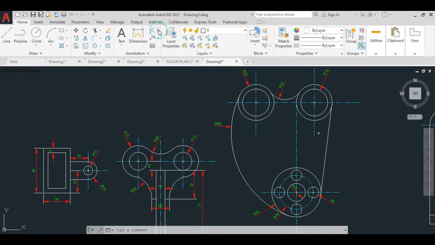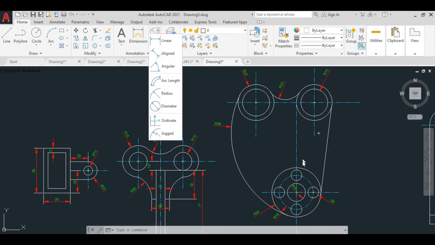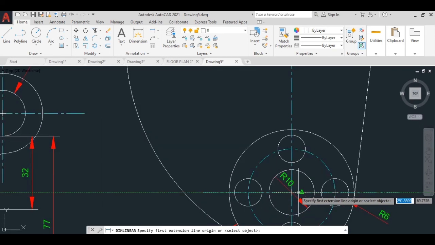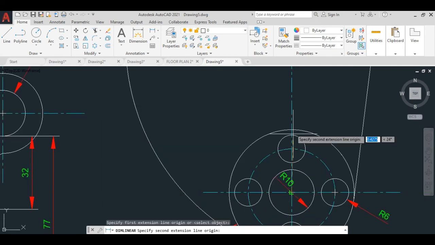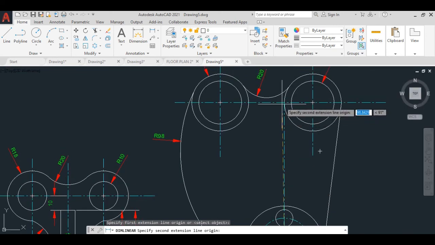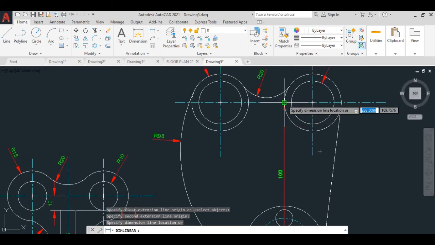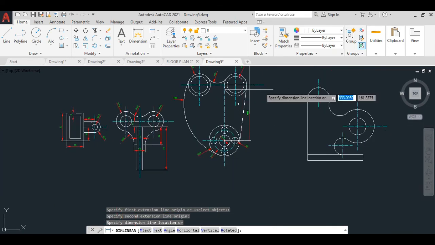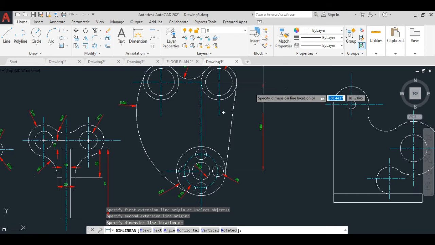Alright guys, and now we have to give the linear dimension. For that, go to the linear option, just click here to here, and place it over here.